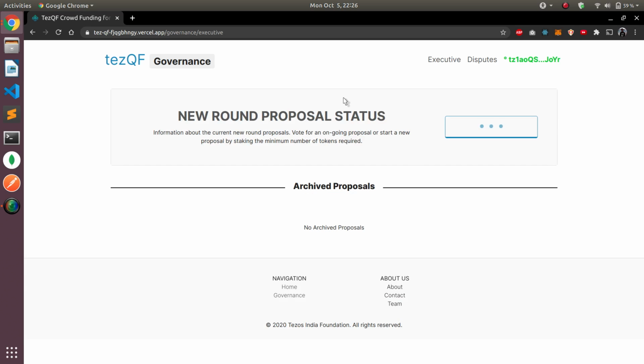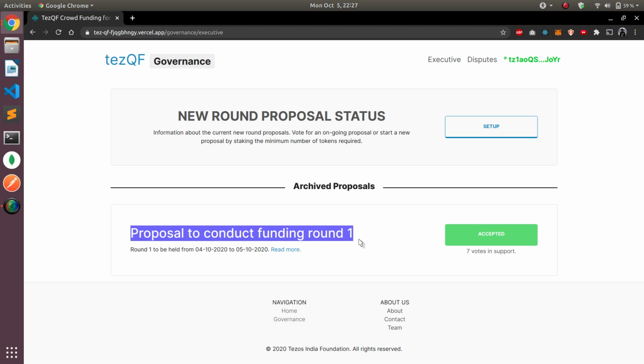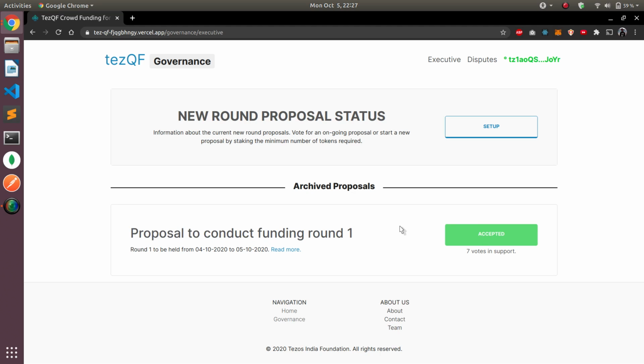going to the executive section, this is the section where the members of the DAO can start and end rounds. As you can see in the archive proposals, the proposal to conduct funding round 1 has already been accepted, and this round is the one we are seeing on the contribution section. Now in order to end that round and to distribute the sponsor funding to the projects, we have to go into this round